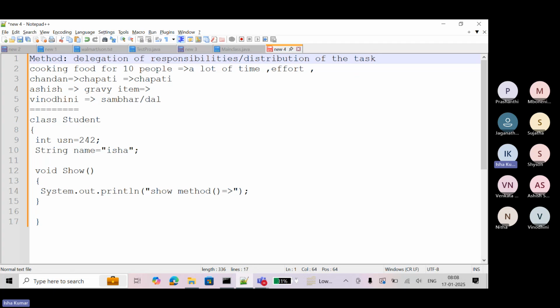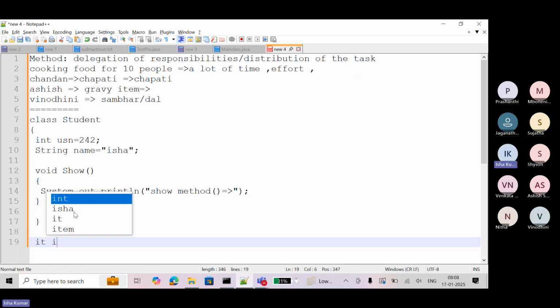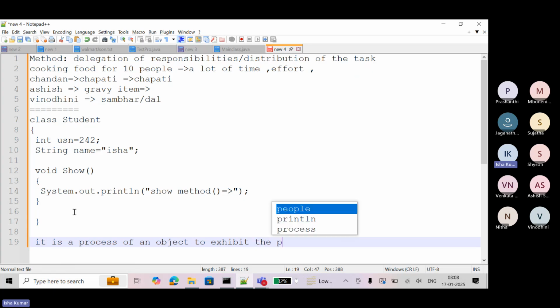So programmatically, method means it exhibits the behavior and properties of an object or class, by completing their task. So method is nothing but a process of an object to exhibit the properties and behavior.